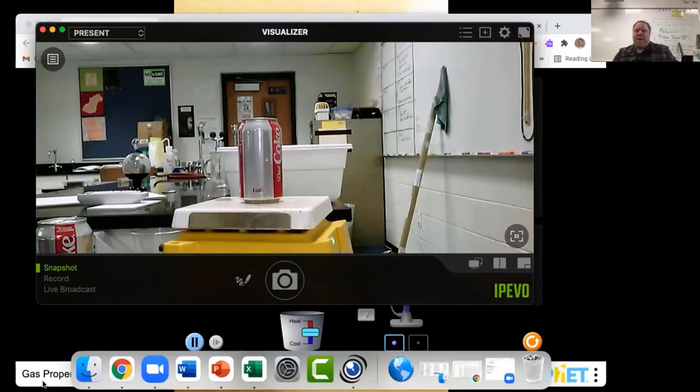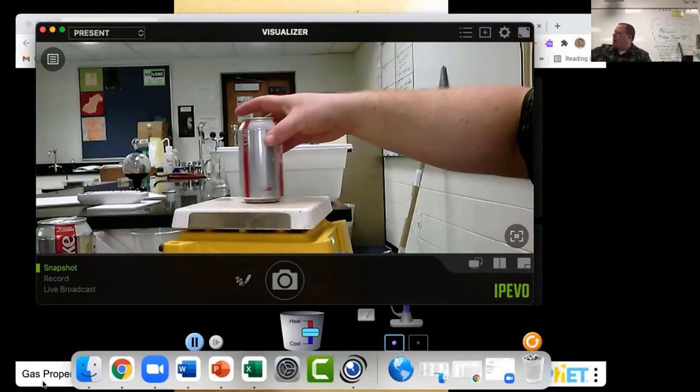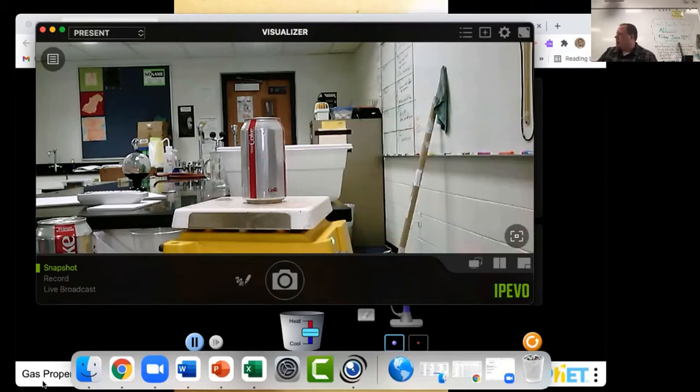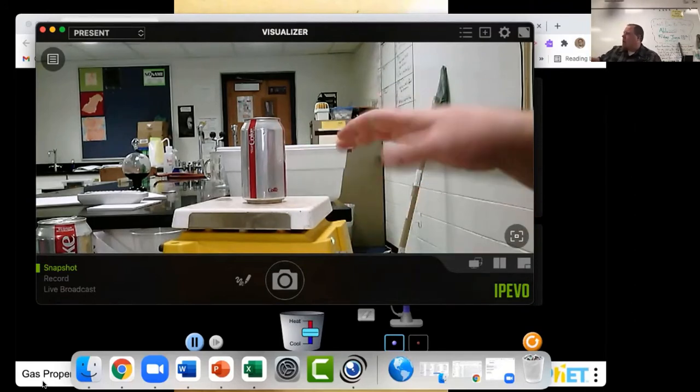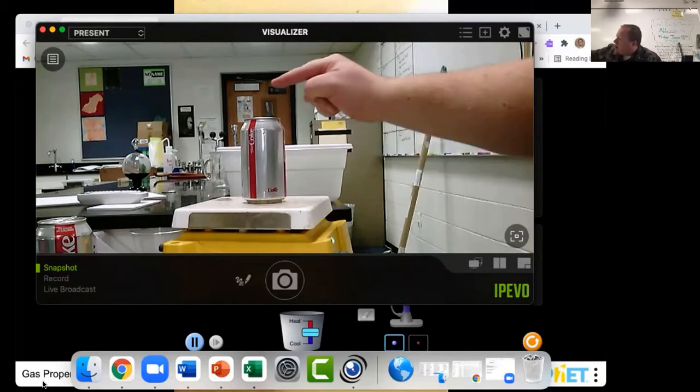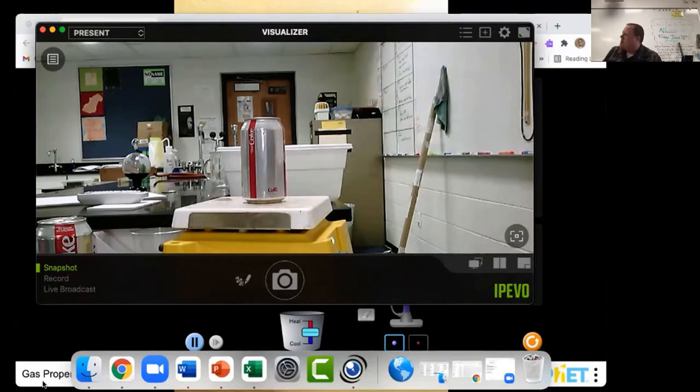Okay, so what I have here, guys, is a can and I've got it on a heater. It's heating up here, so I'm making it hot. I got this nice and high. I'm waiting for it to heat up. That's why I paused for a second. It's not quite hot enough. It's getting there. I can almost see some of the steam coming off of it.